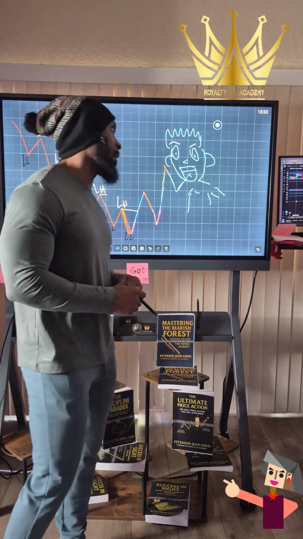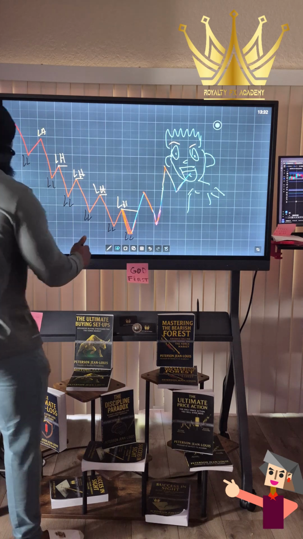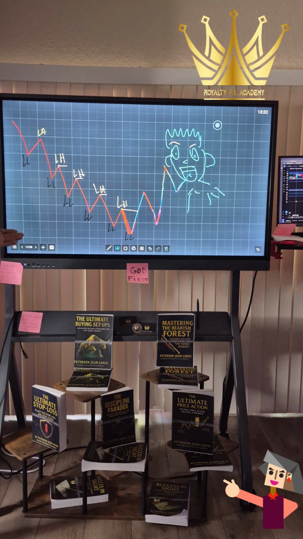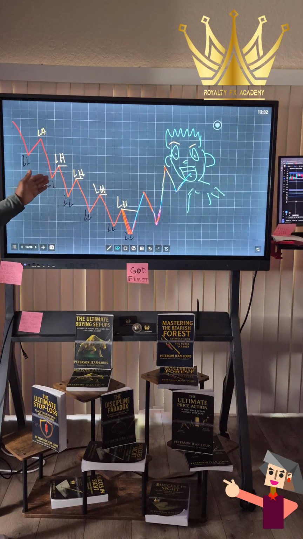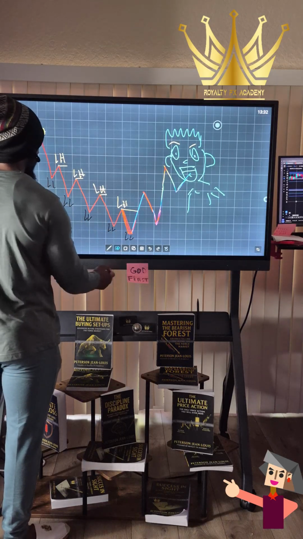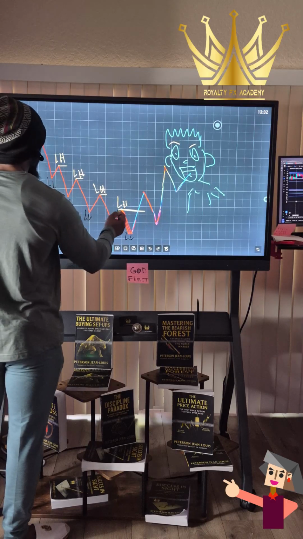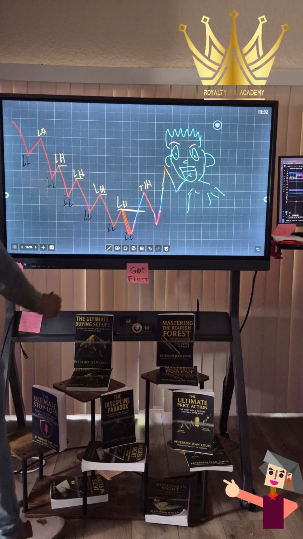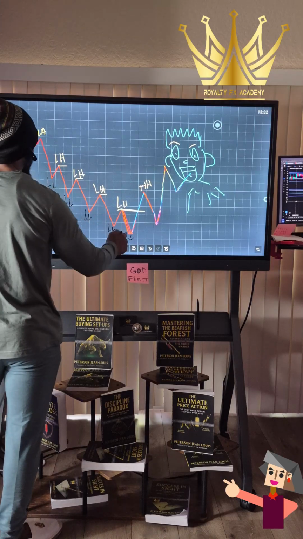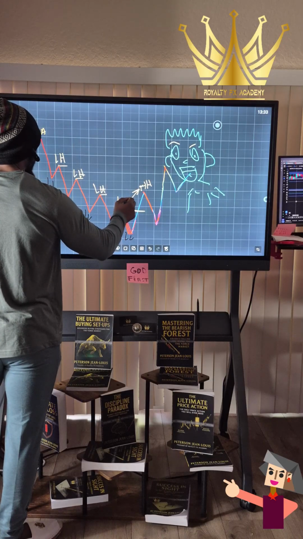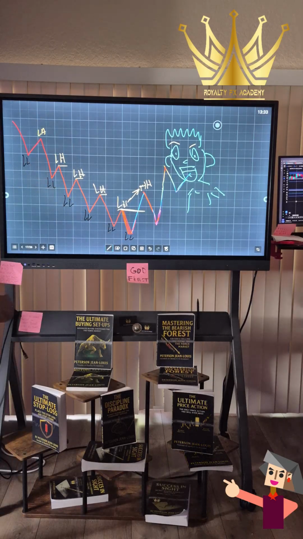All right. Now we do have a downtrend, like I was mentioning before. We've got a downtrend giving us lower lows and lower highs. And then eventually, just like before, the market did break to give you a new high. Now it's not just a regular high, it's a higher high. Why? Because it's higher than the previous high, right?